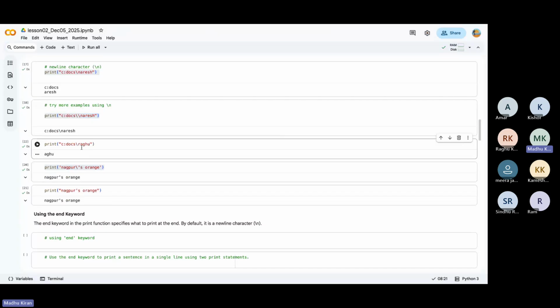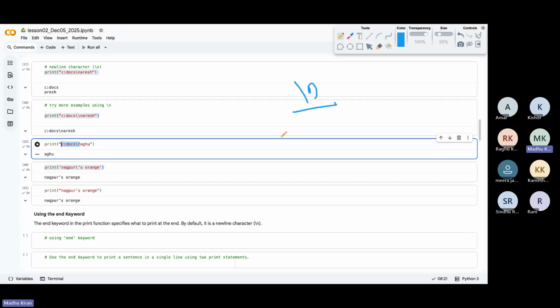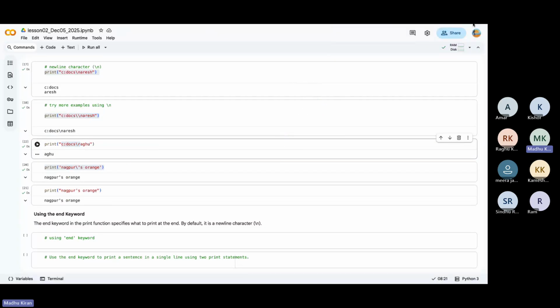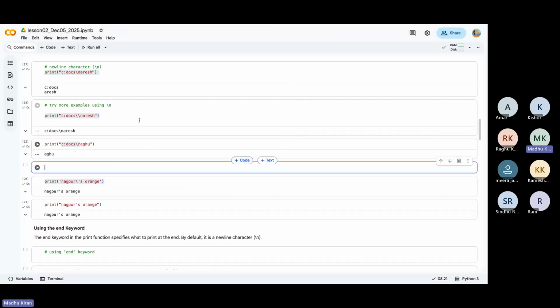So not only this new line character, there are a few more special things like this. This is the new line character, and then before this we add R. There are many more such things, and slowly we'll discuss them. Don't worry, it would be overloaded right now. So for now, if you have a print statement